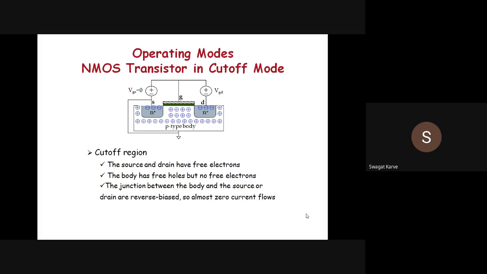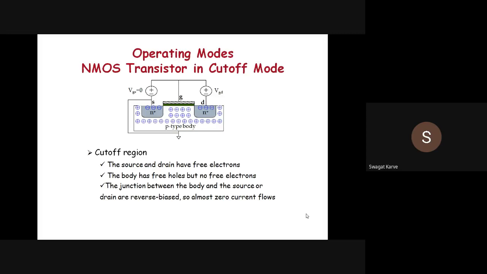Not the full range, but some part of its operating region is very linear, and that's why we can strongly say it's a piecewise linear device, because some part of the graph exhibits the linearity property. So that is the linear or resistive region, and the third one is the saturation region, where the MOSFET will work as an amplifier. Now first we will discuss the first region, the cutoff region or cutoff mode of operation.